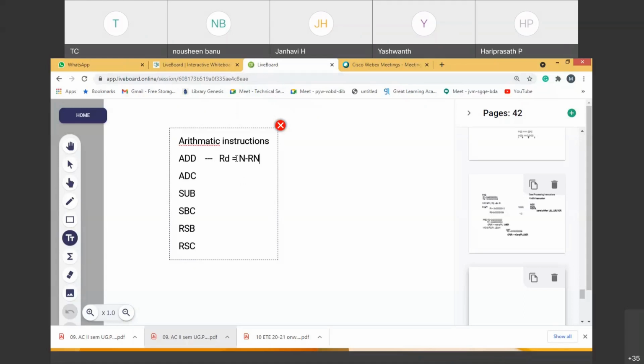N is left to you. It's left to you how you will choose. But in the instruction, we will not use N. This is the syntax which is usually utilized. So if I say add, what is that? Add Rn plus N. You can say N plus Rn or Rn plus N. You write Rn plus N, some value.